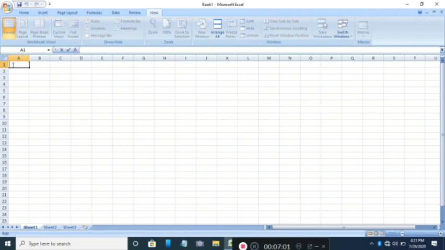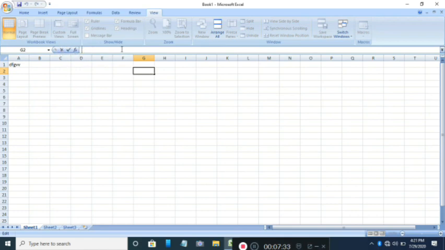Suppose you want to enter data in this cell, you can directly put anything here. Suppose you want to feed data here, you want to write the data. When this dark black border appears outside the cell, that means it is an active cell. And whatever you write here in front of fx,